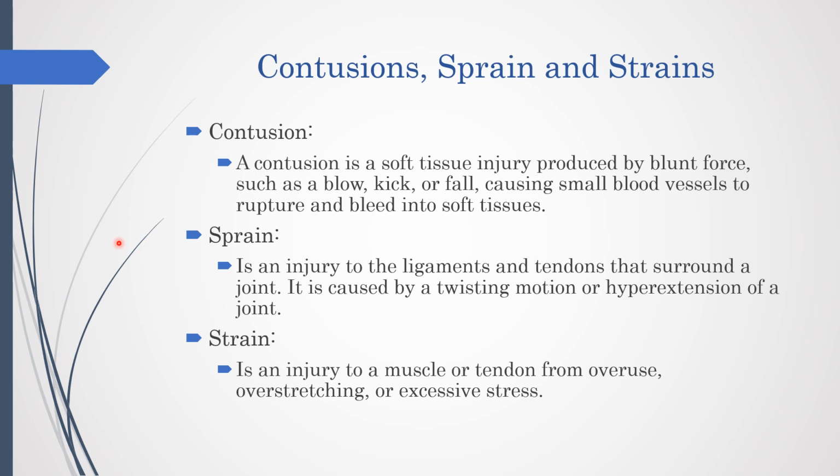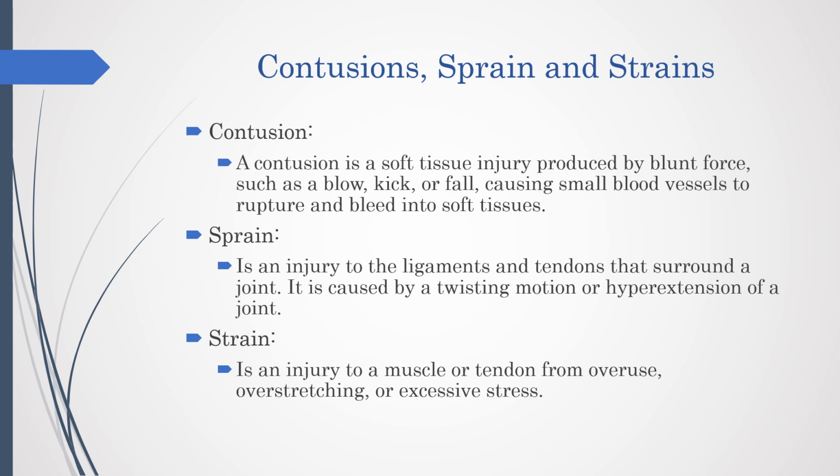A sprain is an injury to the ligaments and tendons that surround a joint. It is caused by a twisting motion or hyperextension of a joint. And a strain is an injury to the muscle or tendon from overuse, overstretch, overexercise, or excessive stress